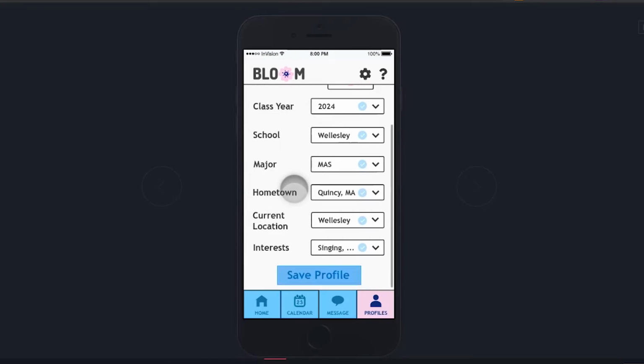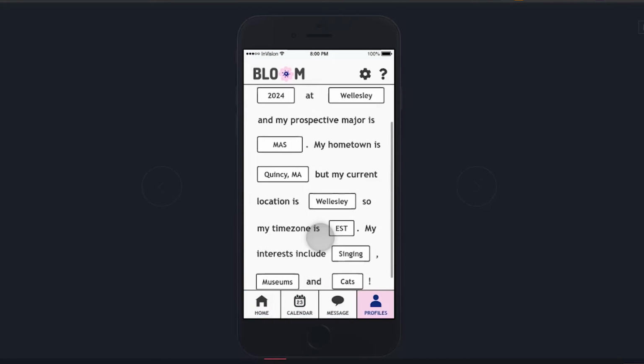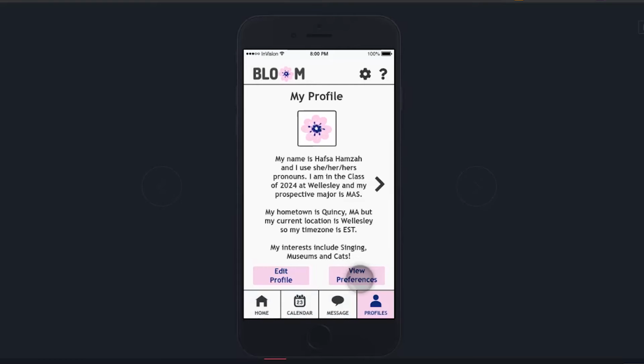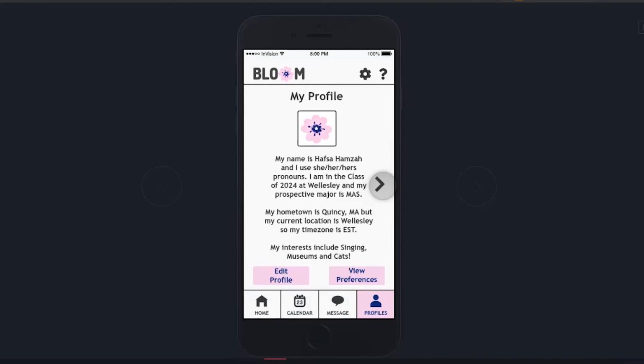And here again, very similar to before. This time no pop-up, but again, we have the review just to double check and make sure that everything's okay, then confirm. And if Hafsa wants to view her preferences, she can. And then she can go back to her profile. And here, this button,